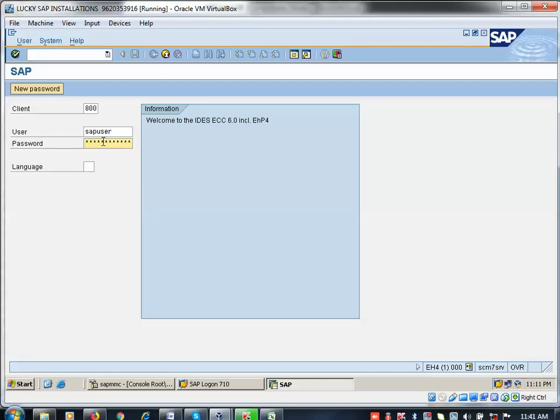The security team will create user ID and password based on the role. I am working as a sales manager, so my role will be sales manager. Under me, sales executives and sales clerks are available. Like that, different roles will be available. If I am working as a material management manager, in my team there are material coordinators, material buyers, material PO creators and material goods recipients. Like that, based on the role, they will be created.